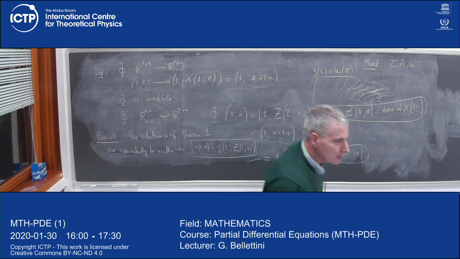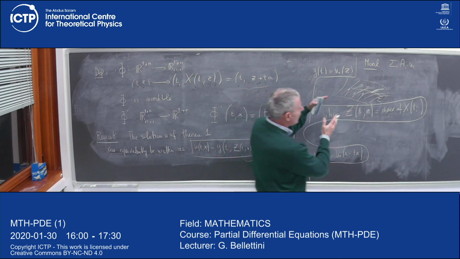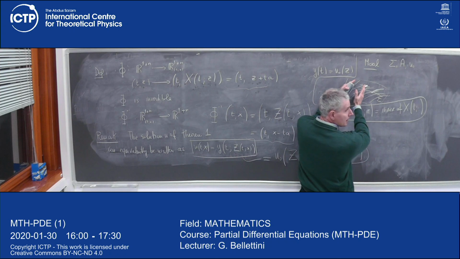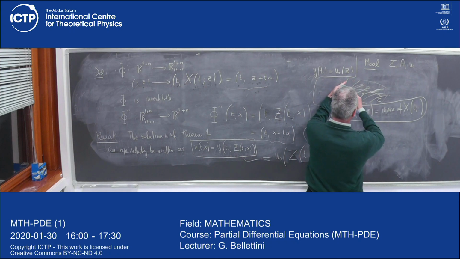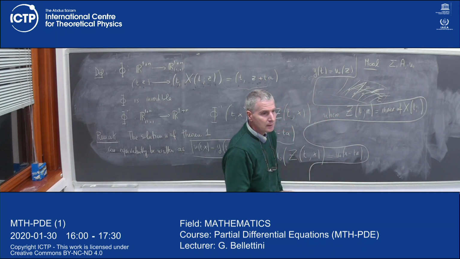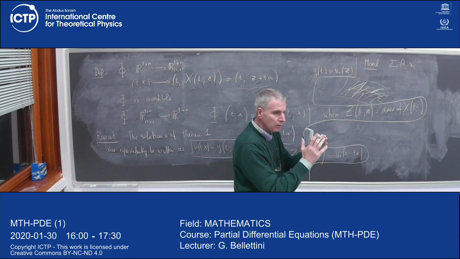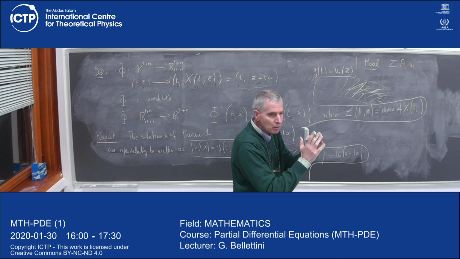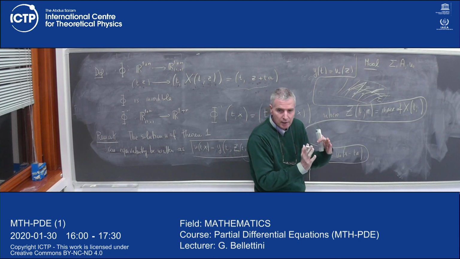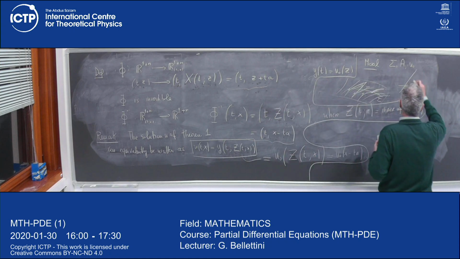But assume that you are so unlucky that you have a PDE for which these flow lines, instead of being parallel, are transverse, but at some moment they intersect. You cannot exclude that your vector field A maybe depends on t and x, so the slope of the curve changes. Maybe here you have a slope, here another slope, and at some moment,